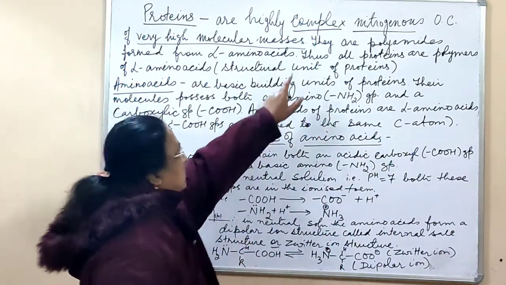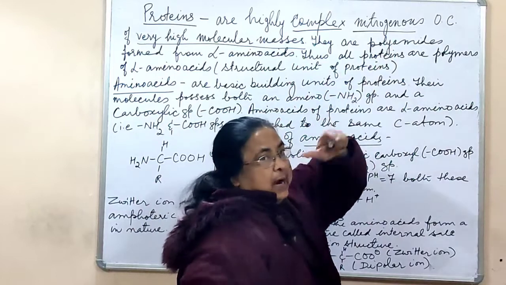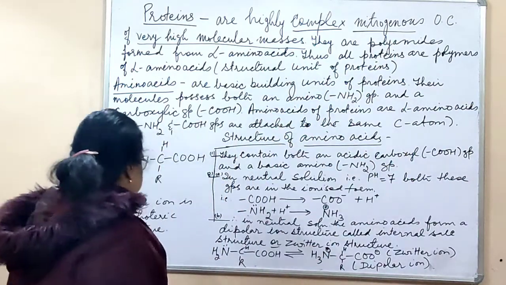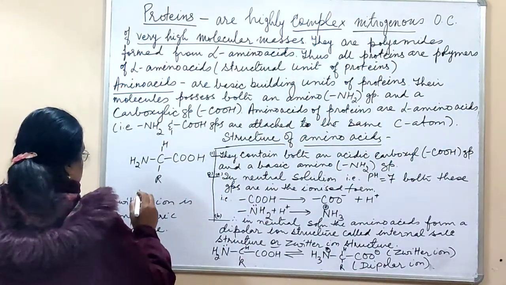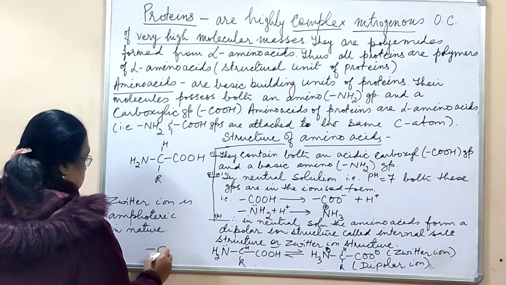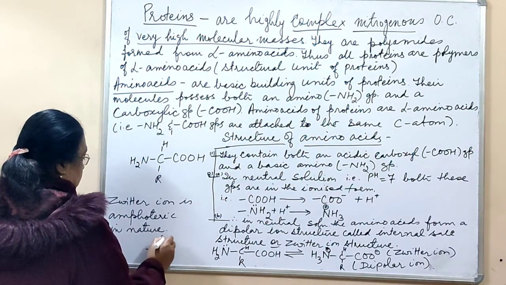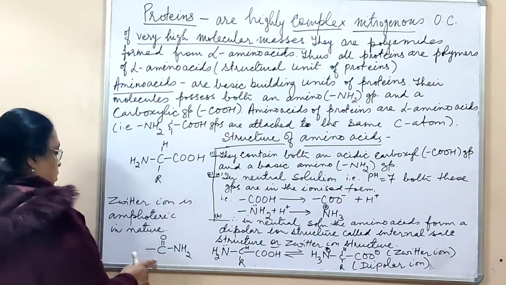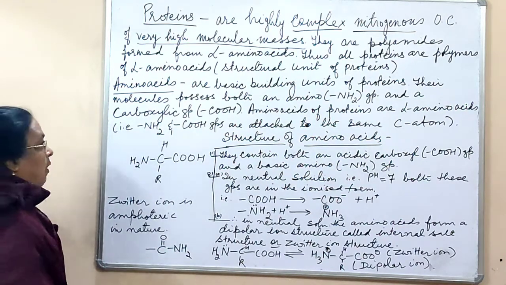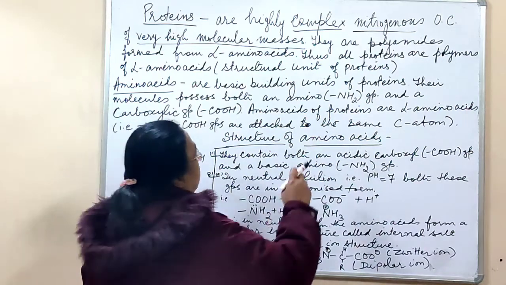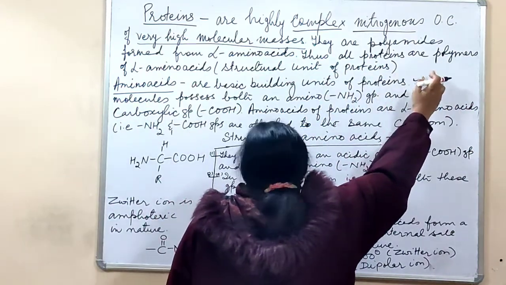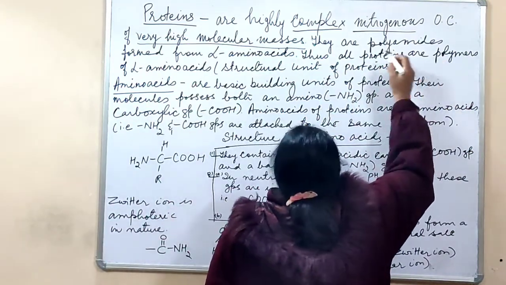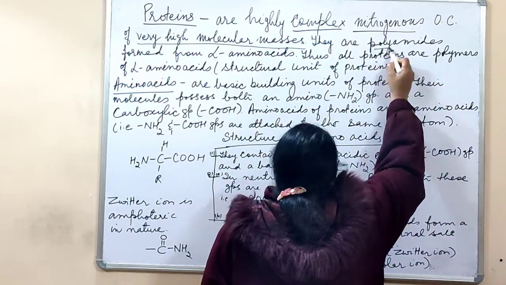They are polyamides. Amide, this group is amide, C double bond O NH2. This group is called the amide group. So all proteins are here. They are polyamides